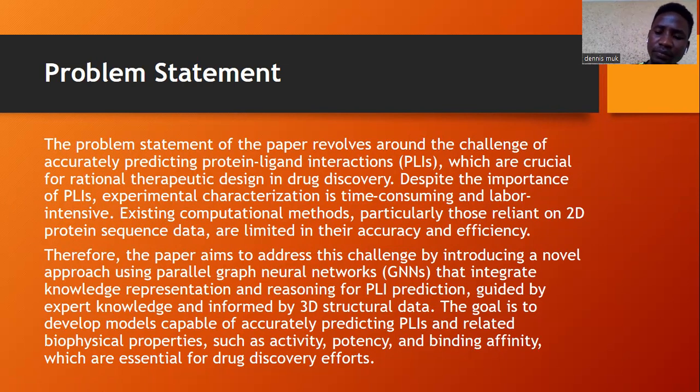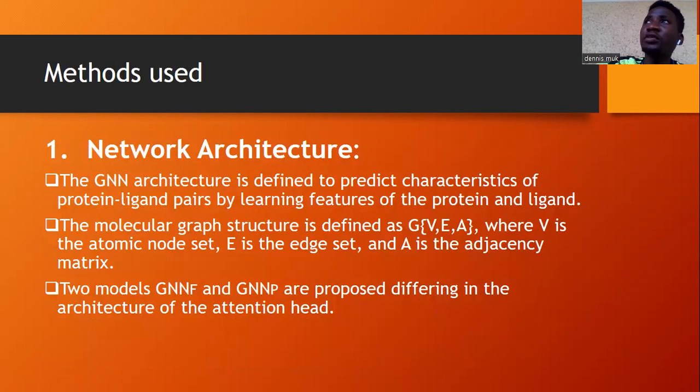The methods they used first was network architecture. Here, the graph neural network architecture is defined to predict characteristics of protein ligand pairs by learning features of the protein and the ligand. So the molecular graph structure is defined as G, open brackets, V, comma, E and A, where V is the atomic node set, E is the edge set, and A is the adjacency matrix. Breaking it down further, we looked at it in form of the GNNF and the GNNP,